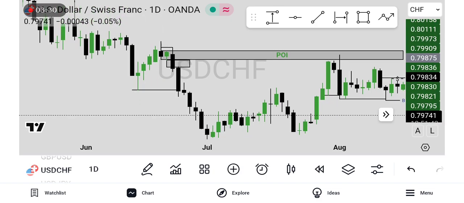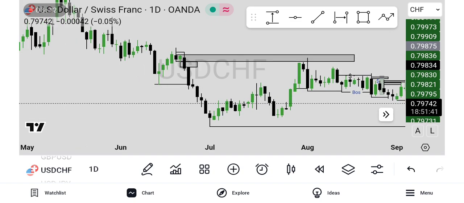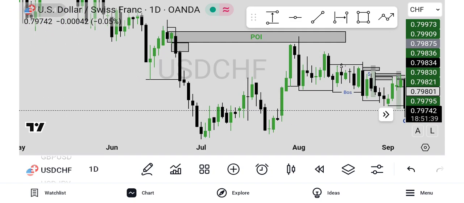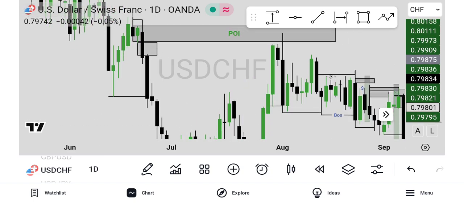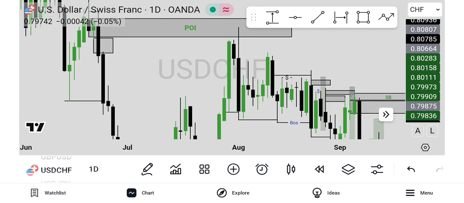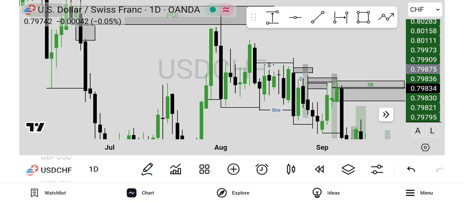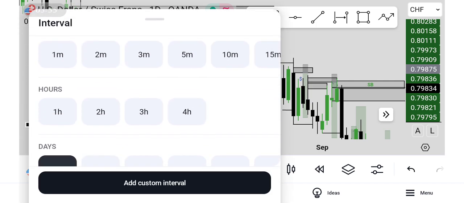And as you can see, after drawing the POI, price came back and tapped into the supply block. Now, after tapping in, I've now confirmed that price is going to reject this zone. So I started looking for entries